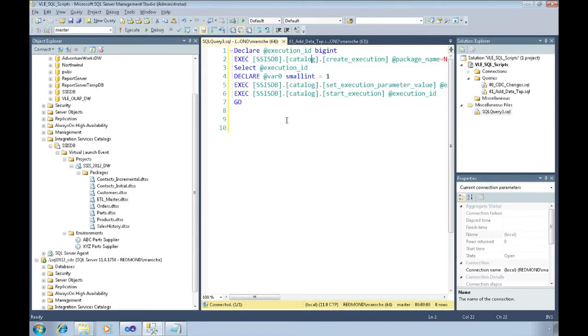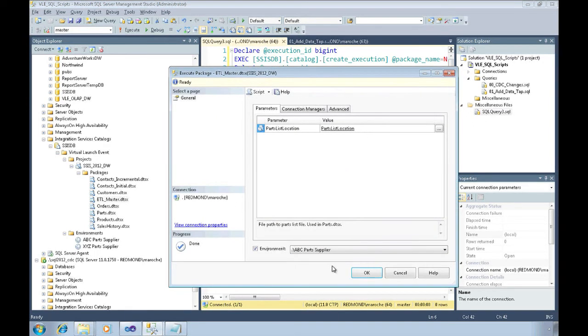So you're used to doing this for other things inside SQL Server Management Studio. With the new Integration Services Catalog, we have a Transact SQL API for execution, validation, and management of packages, as well as monitoring and logging. So here we can create an execution, set whatever parameters, and then start that execution and do this all from a T-SQL script without any additional